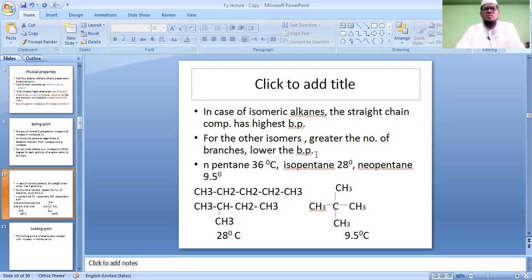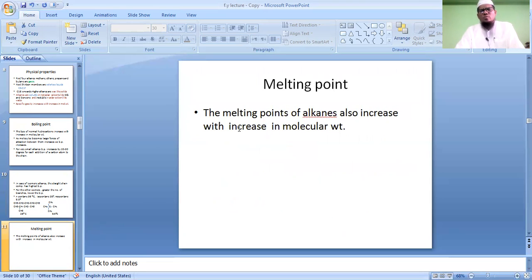the boiling point। जैसे जैसे ब्रांचिंग होती चली जाएगी अल्केन्स के अंदर में वैसे वैसे उनका बॉइलिंग पॉइंट कम होता चला जाएगा। In case of straight chain alkanes, boiling point is highest, and in case of branched alkanes, boiling points are lower। यहाँ पर देखते हैं इसका एन पेंटेन 36 है, ये 28 है और इसका 9.5।